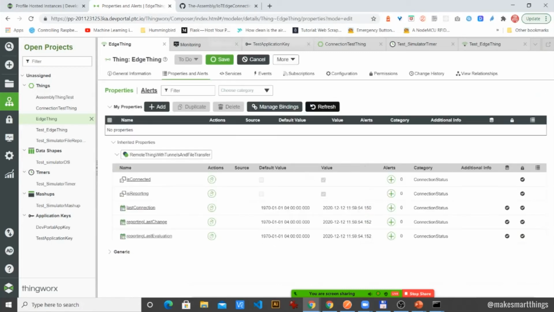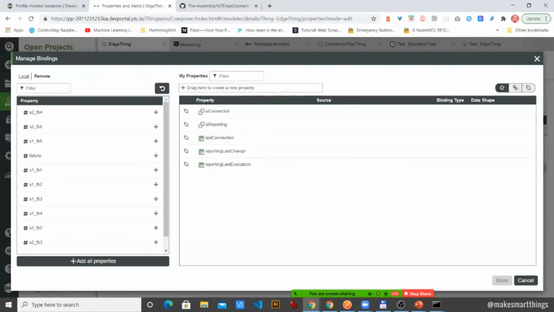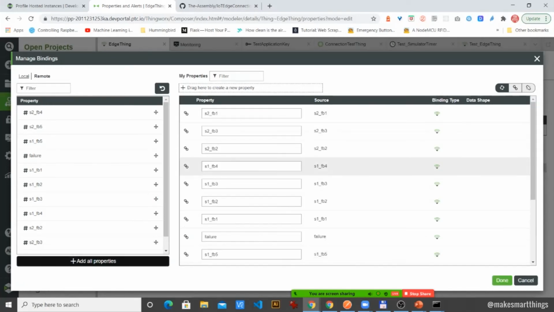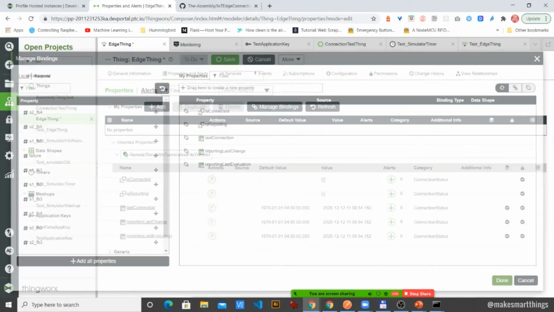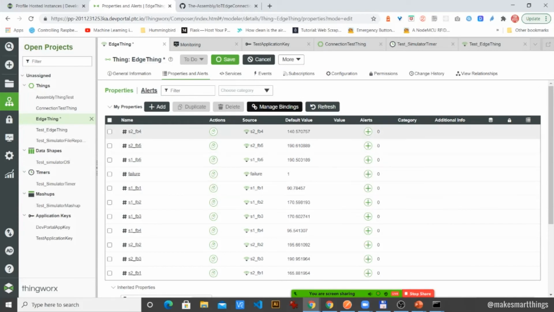I'm going to edit. Once I edit, I'm going to go to manage bindings. And then it shows me all the properties that I've defined on the edge. I want to add it to my remote thing as well. So I'm going to add all the properties from there and say done. Okay, so now all my fields are there and you can see the values, the initial values